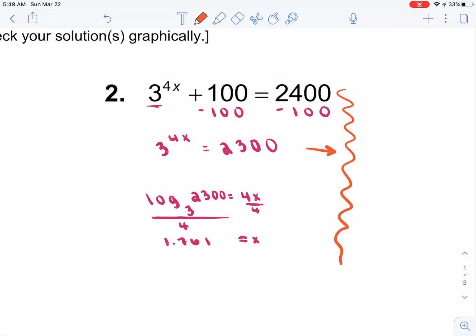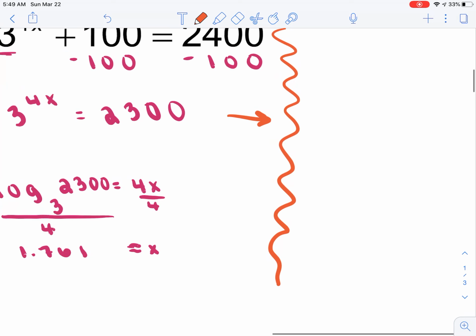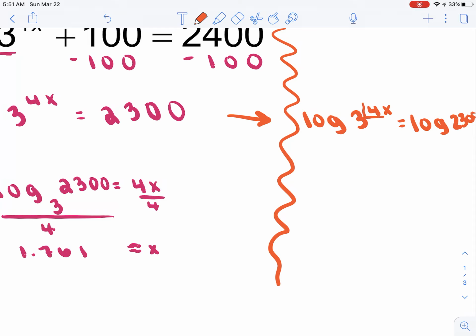At this step right here, some people last year learned to take the log of both sides. So you would have taken the log of the left-hand side and set that equal to the log of the 2300, that right-hand side. And then you use the properties of exponents that say, now that this is an exponent on that left-hand side with a log, you can move that to the front and get 4x times log 3 equaling log 2300. And notice if I were to divide by the log 3,